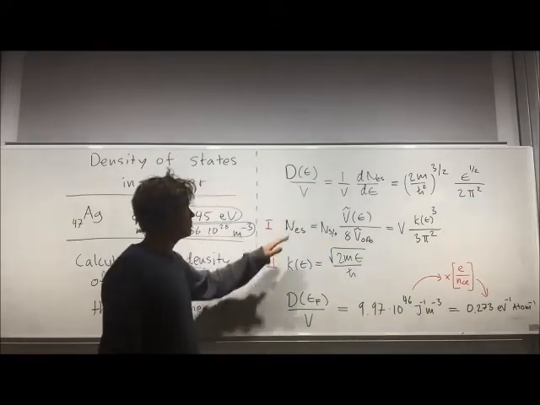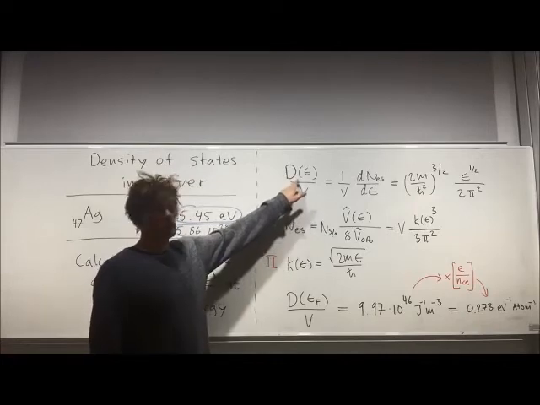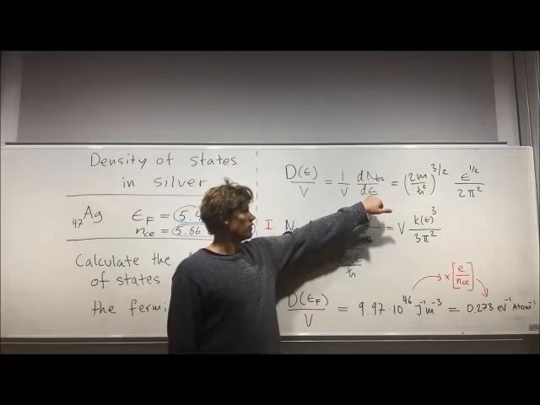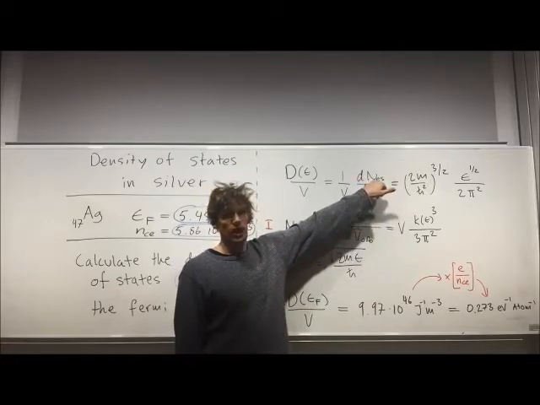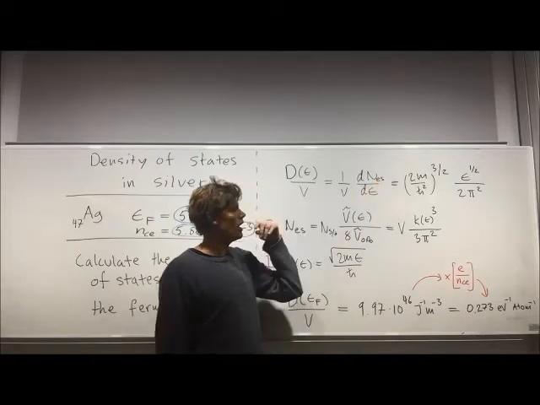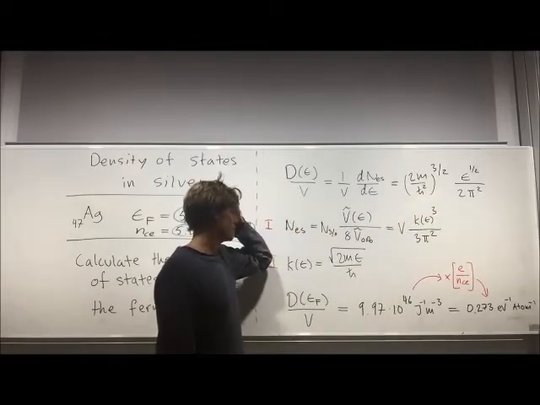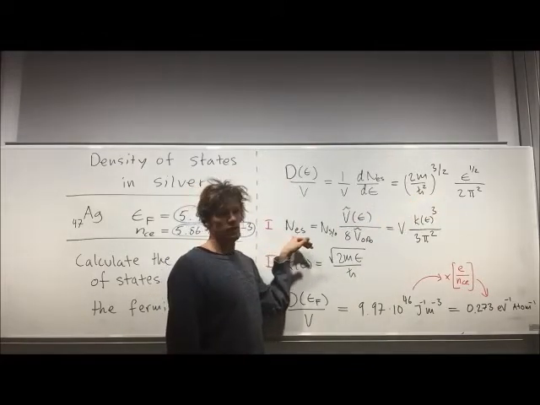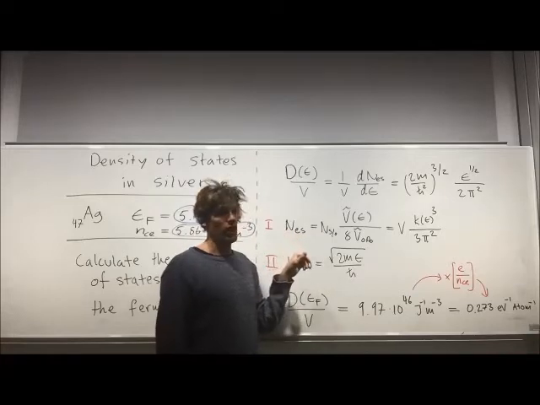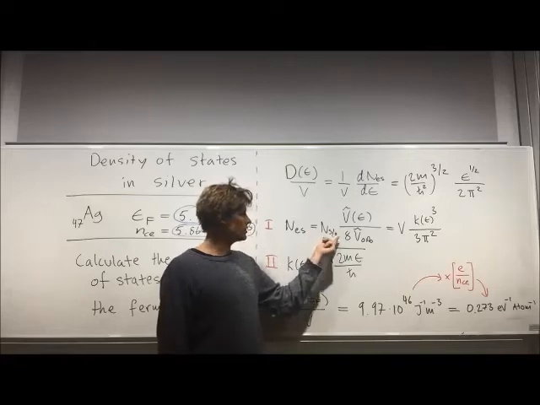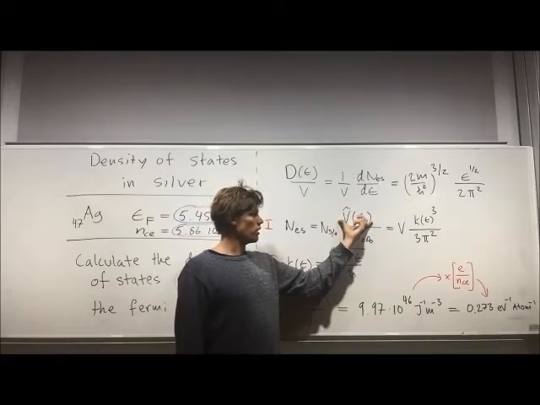Basically, the density of states can be calculated by taking the derivative with respect to energy of the number of electronic states in the system. And without going there yet, we'll use the fact that the number of electronic states can be derived by multiplying the number of spins per orbital times the total volume bounded by a certain energy in k-space